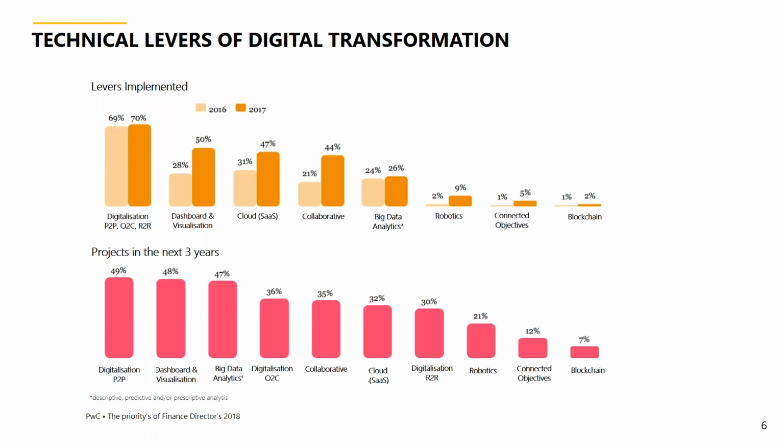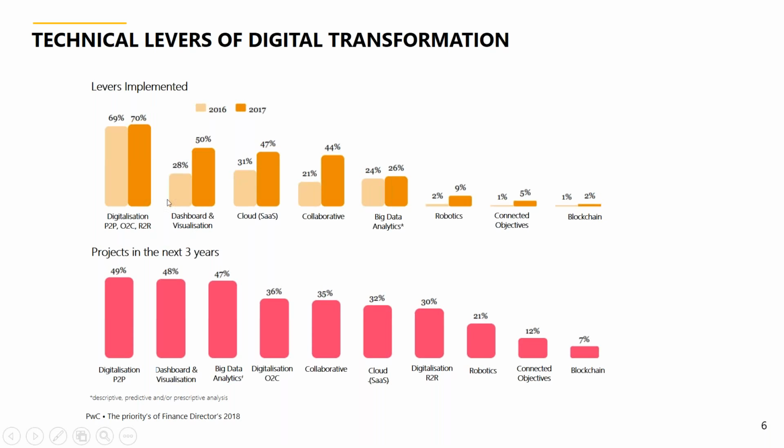organizations are. So on the top left-hand side of the screen, we can see, we'll look at digitalization here to start with, levers that are implemented. So the light orange, best color I can give that one, almost yellow, is 2016, and then 2017 was last year. So we can see there was a small increase in digitalization around the finance processes from 2016 to 2017. Okay, that's a very small 1% increase that's gone on. So where are they going to go with that? So a lot of organizations will have some processes, workflows in place at this moment in time.